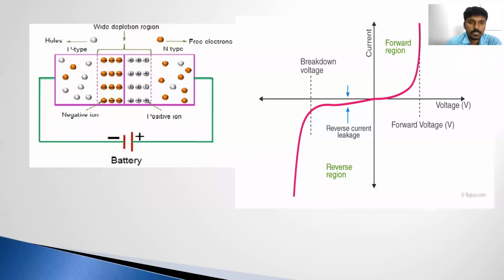Only when it has sufficient voltage will it be turned on. For example, a silicon diode requires approximately 0.7 to 1 volts to turn on the device. That depends upon the material, germanium or silicon. So whenever the anode is connected to positive and the cathode to negative, it comes to the forward bias condition, and at the same time it will be turned on.